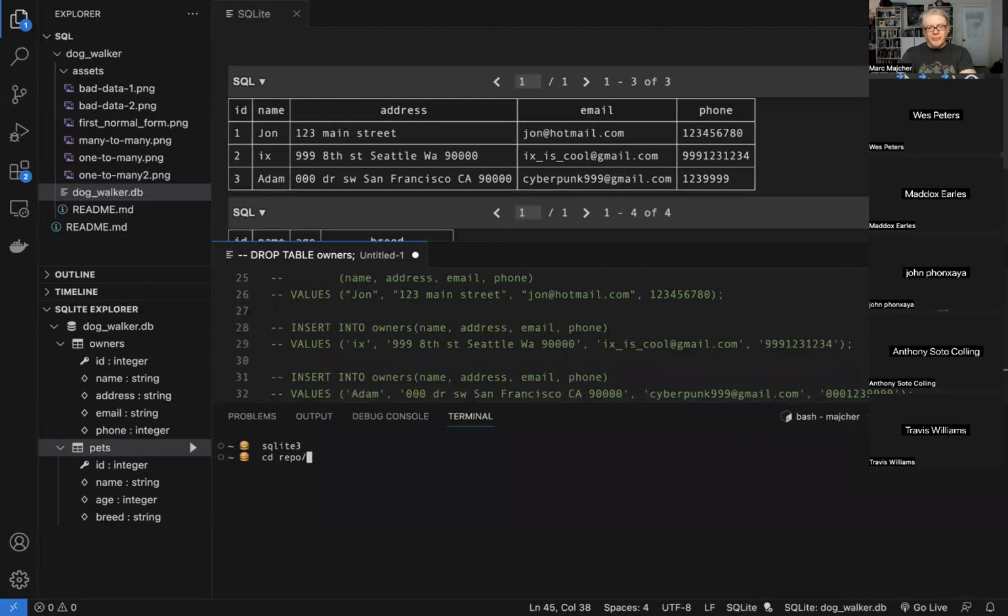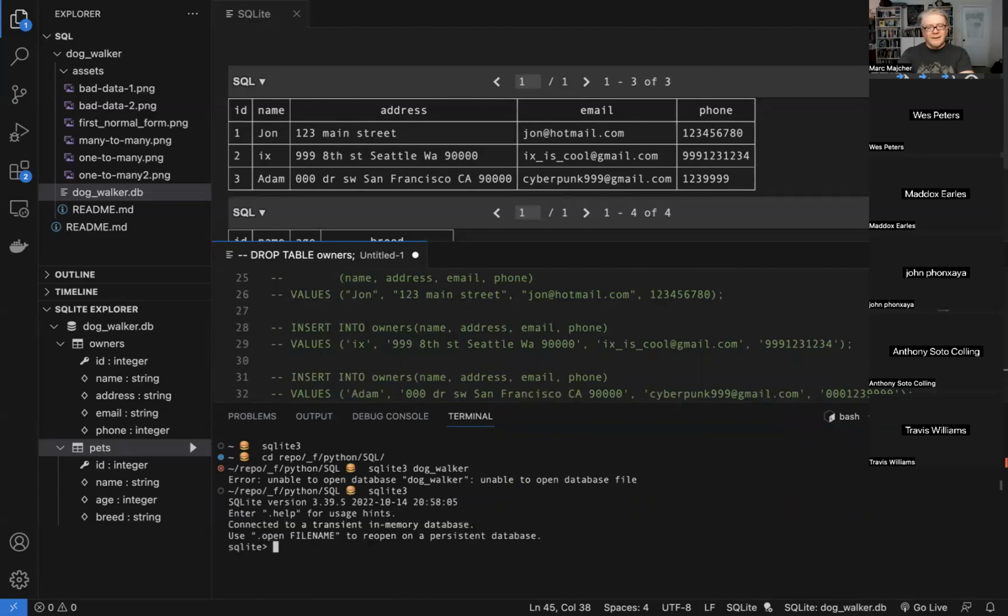Let me actually go into the repo. It shouldn't matter where you are, because it's a server that's running. This is Flutter, this is Python and SQL. If I do sqlite3, I think it lets me give the name of the database. So, dog walker. Nope. Okay, cool. And then let's see, open database.